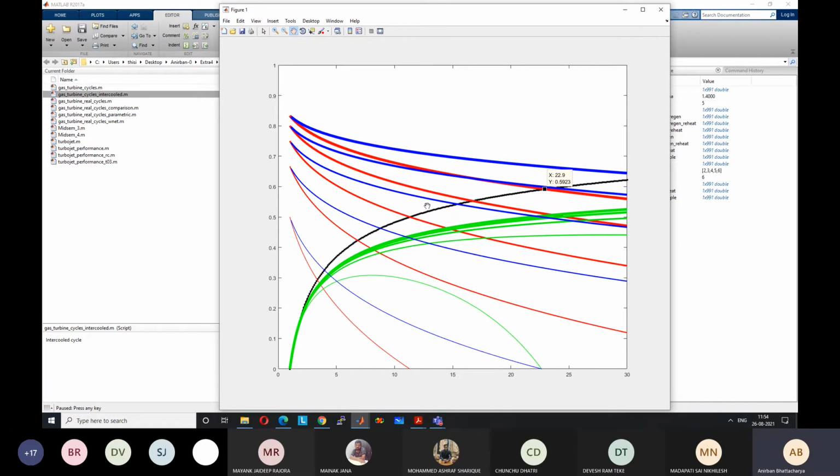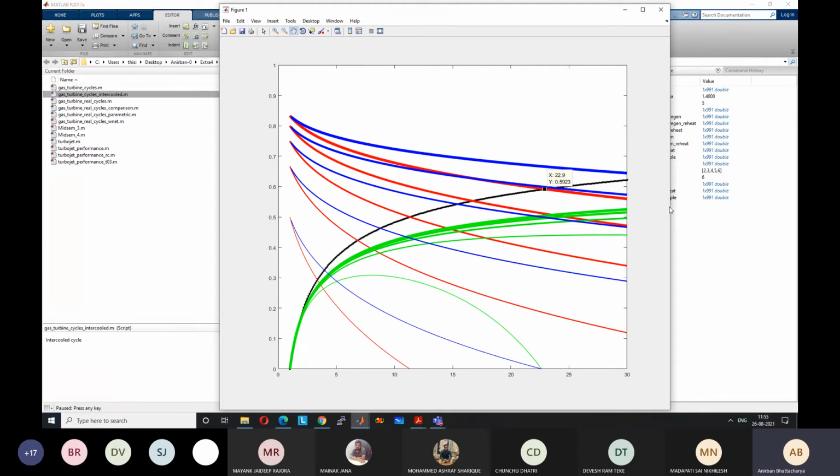Also, you can see that the crossover points are also higher. Means you can use regeneration. Crossover points means you have to compare with the reheat cycle. For this case, this is the crossover point. For this case, this is the crossover point. This is T equal to 2. Similarly, for T equal to 3, this point here, thin red line and thin blue line, these are the crossover points. So they are effective for a longer duration. Okay. So these are the 4 cases.